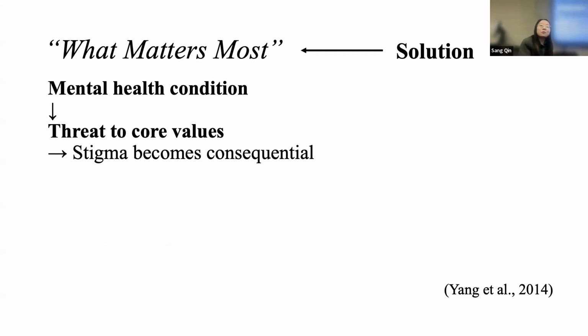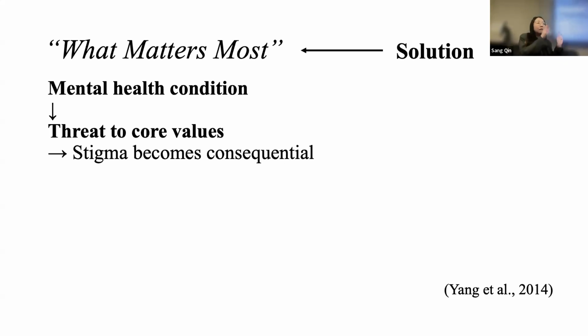And very interestingly, when we learned about this insight, it could actually map back to one of the frameworks, the stigma framework, what matters most framework. It talks about how stigma for a culture group only becomes very consequential when it actually threatens the core values of the culture group. So it's not so much that people recognize mental health as an issue needing addressing. It's when their functioning, which reflects the core values of one community, is threatened.